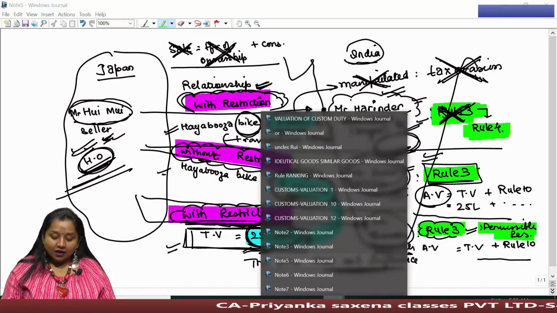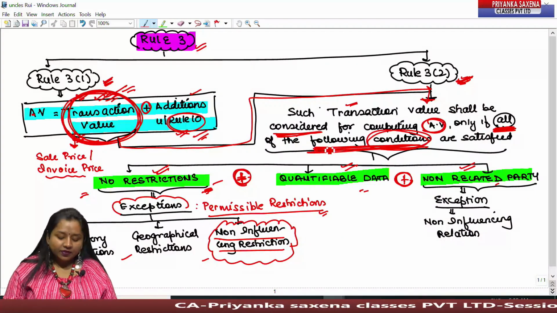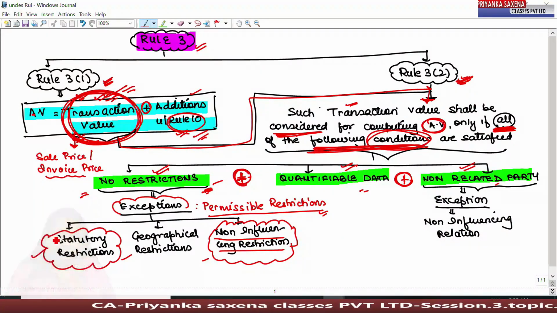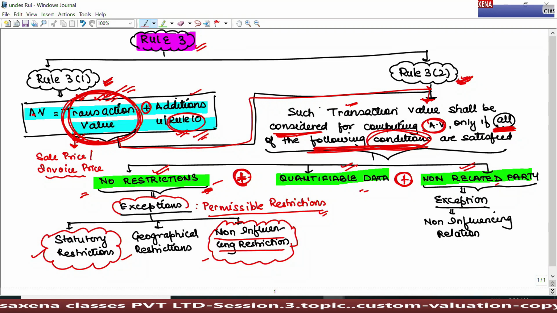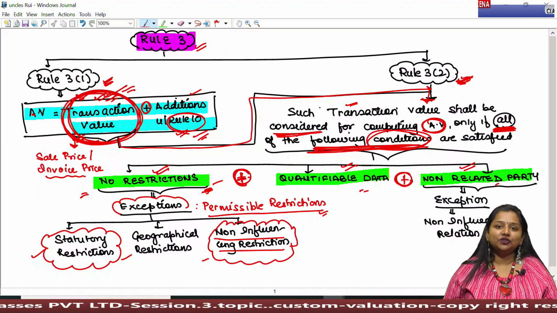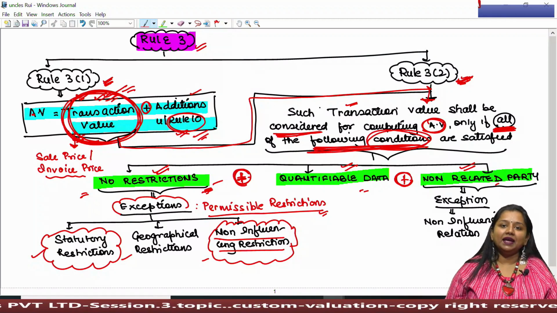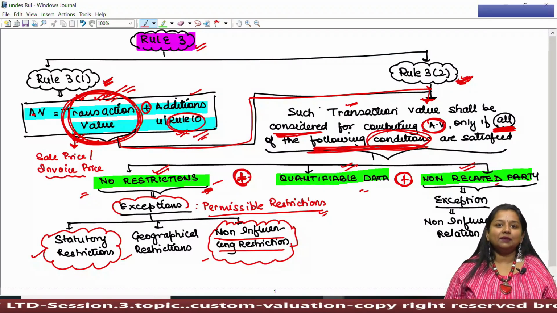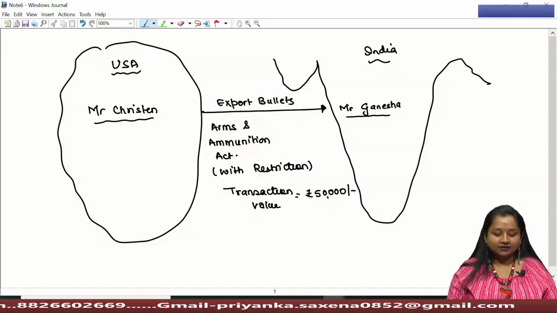Okay. Further, next it says that if there is any restriction because of statute, because of law, then also we presume that the restriction made because of law does not amount to manipulation of the transaction value in the invoice. Therefore, even after such restriction, rule 3 can be applied. The transaction value can be considered for assessable value.